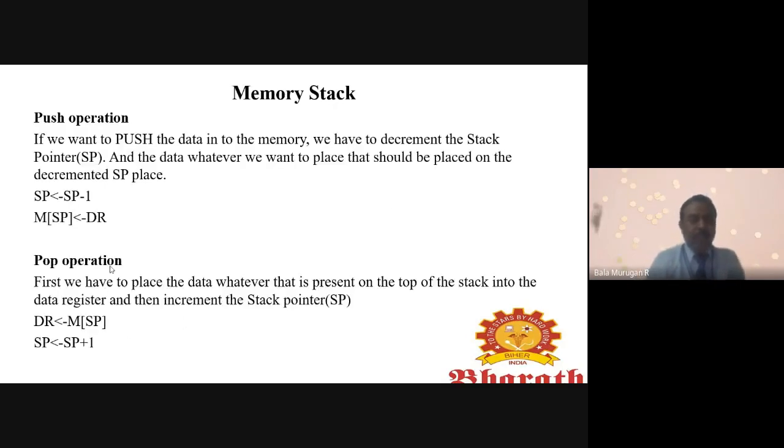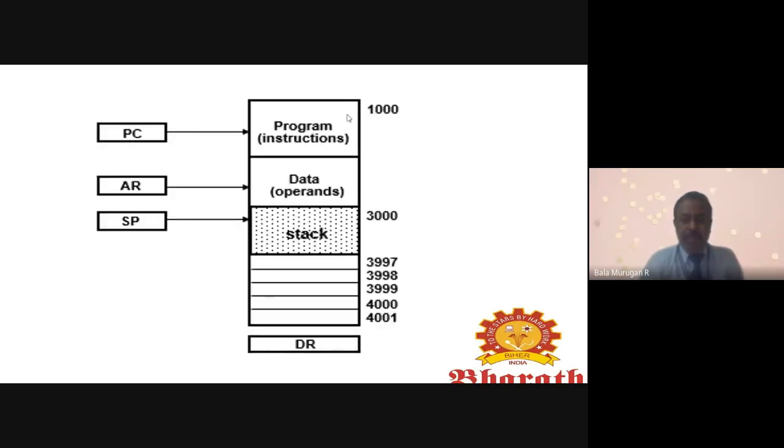Likewise, for the pop operation, first we have to place the data present on the top of the stack into the data register, and then increment the stack pointer. So here, data register gets the memory at SP, and next is stack pointer plus 1; we are going to increment. Looking at this diagram, insert means the stack pointer will be decremented.